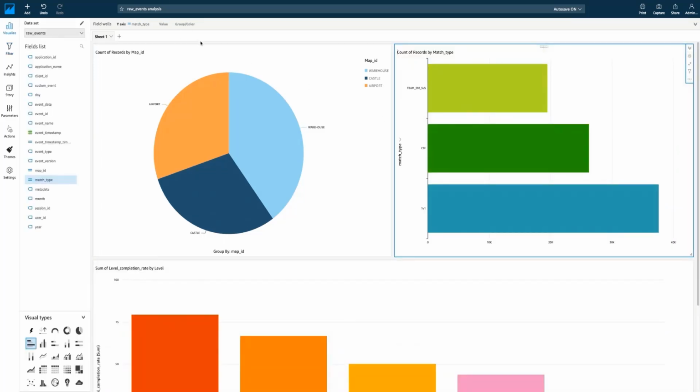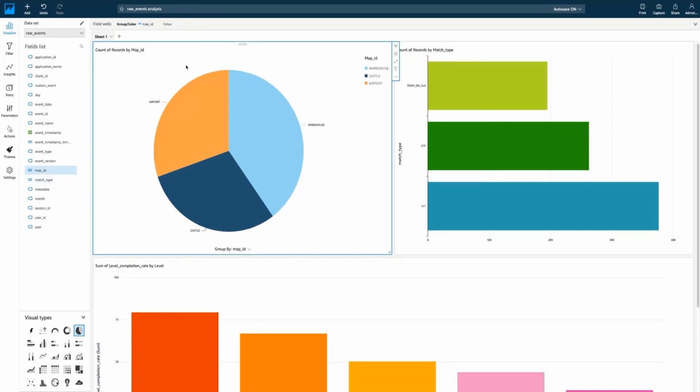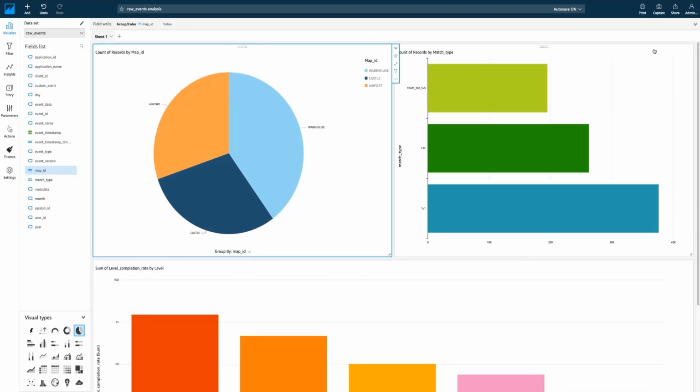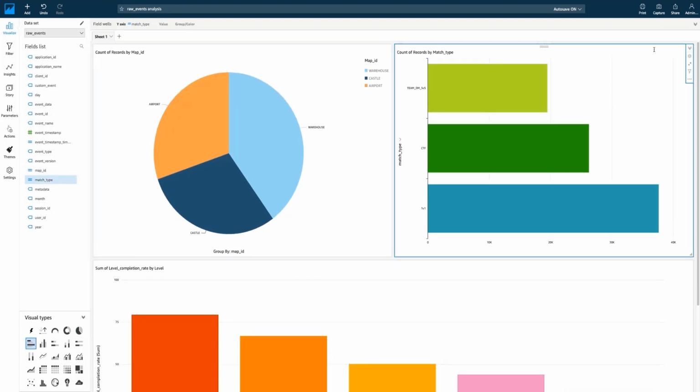So if we take a look at some of the other visualizations that you can create in QuickSight, just for example, here we have again our map ID, which is map popularity. We can also take a look at match type popularity to see which match is the most popular amongst our players. So for example, here we have team deathmatch or capture the flag or 1v1. So in this case, we can see that 1v1 is the most popular match type and team deathmatch is the